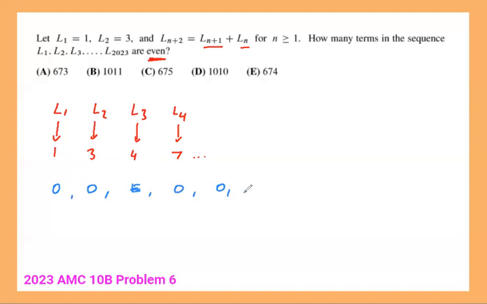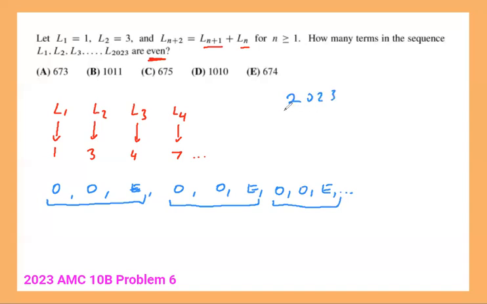And when you add odd and odd, you should get even. Then even and odd will be odd, and then odd and odd gives even. So the next one is going to be even. It actually continues a nice pattern. You can look at it a couple of different ways. You start with these three terms: 2 odds, 1 even, 2 odds, 1 even, 2 odds and 1 even. So if you divide 2023 by 3,